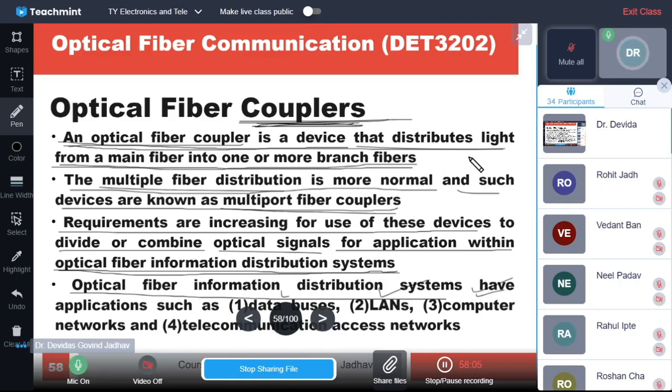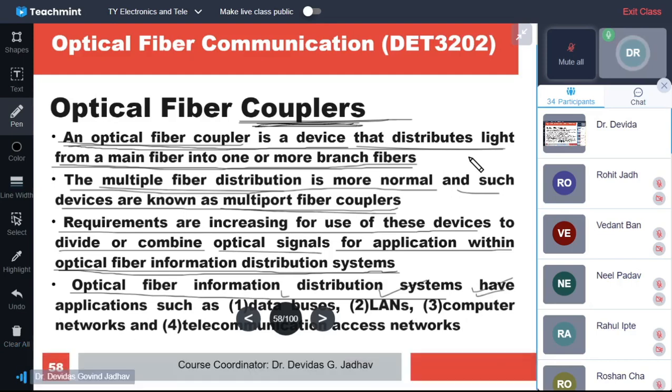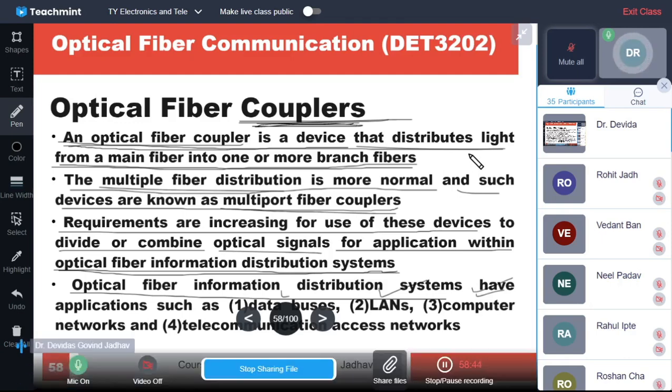Nowadays internet connectivity etc. is using optical fiber, isn't it? Mobile networks are using optical fibers along with the satellite, along with the microwave links, isn't it? Many companies are laying very large networks of optical fibers undersea, on the ground, underground. So all the telecommunication applications require a telecommunication access network. The telecommunication access network also uses optical fibers, and there the couplers are needed.